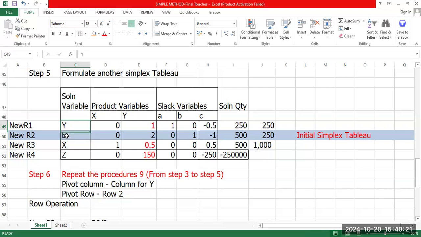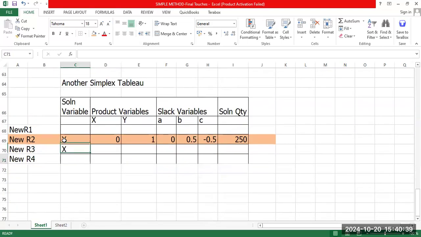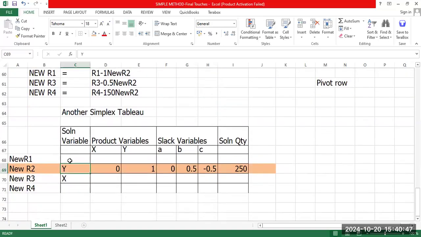You can only change what you have here if there is a pivot row, and that pivot row is helping you to make the meeting point, one of the meeting points, to appear as 1. Here you may change this slack variable. That one is okay. So it means that once you do that, you proceed. So it means that now this one will be back to the default setting as A, because we only have